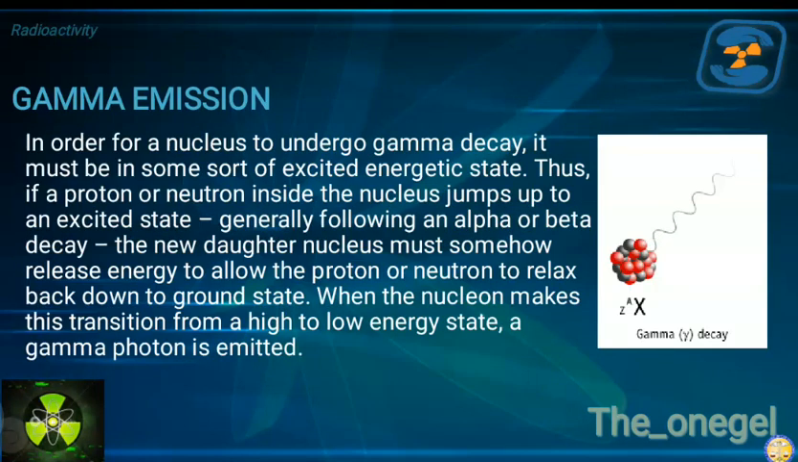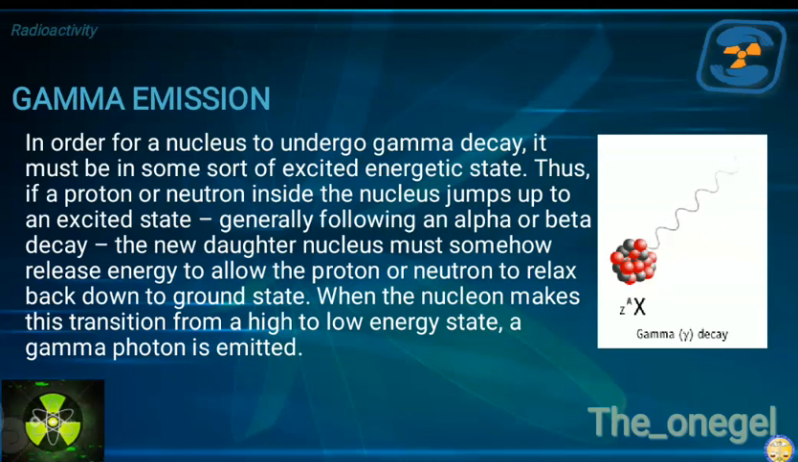Okay, so in order for a nucleus to undergo gamma decay, it must be in some sort of excited energetic state. Unstable din dapat yung nucleus ng atom na yon. Thus, if a proton or neutron inside the nucleus jumps up to an excited state, generally following alpha or beta decay, the new daughter nucleus must somehow release energy to allow the proton or neutron to relax back down to ground state. So, ito pala class yung nagiging unique kasi si